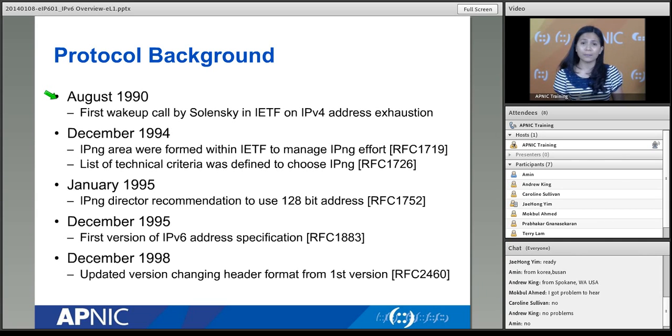When they gave them out, it was given out as classful addresses. I'm pretty sure some of you have heard of classful addressing before. It just means that your IPv4 addresses are only divided into 3 chunks based on the octets. So you have class A, class B, and class C. Depending on how many addresses you want, you will get one of these 3 classes and nothing in between.